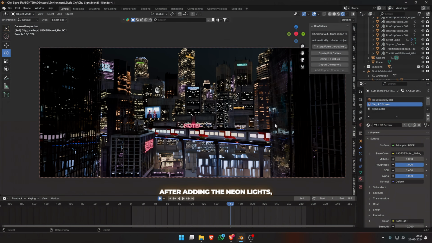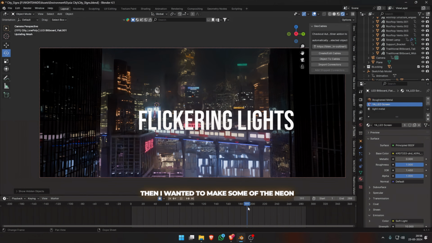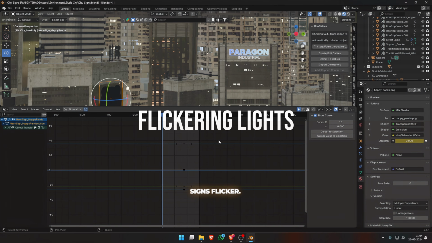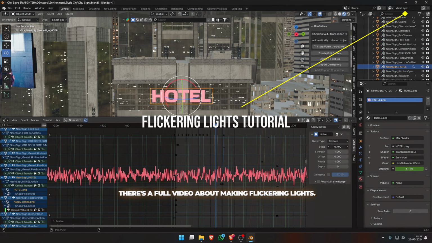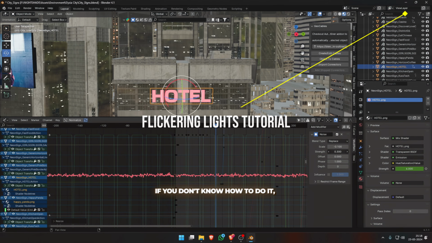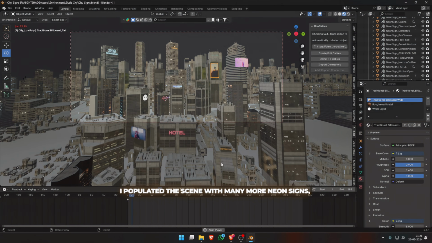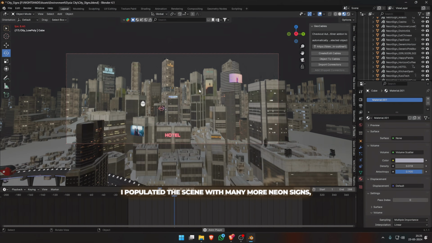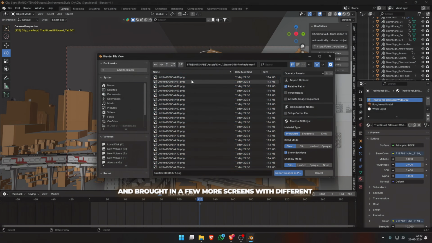After adding the neon lights, the screen, and of course fog, it was looking quite good. Then I wanted to make some of the neon signs flicker, so I added a noise modifier to them in the graph editor. There's a full video about making flickering lights if you don't know how to do it. Just click the link up here. I populated the scene with many more neon signs, emissive textures, and buildings, and brought in a few more screens